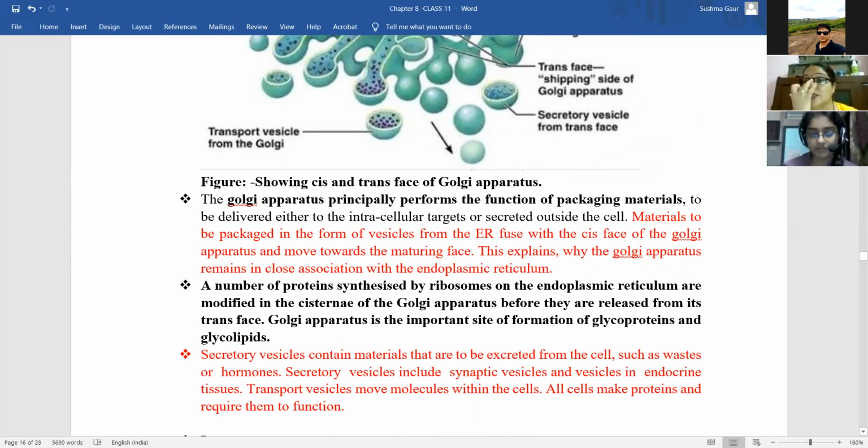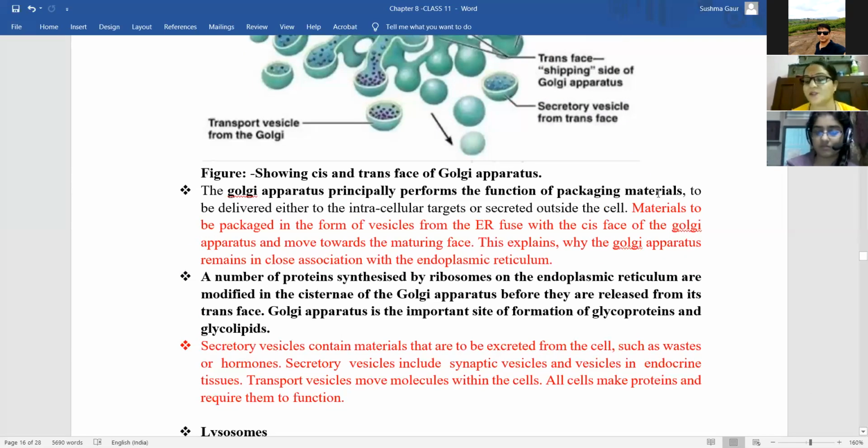Okay, ma'am. Secretion, like transportation, is done by the endoplasmic reticulum, and the secretion of the proteins or anything that is required at any place of the body or cell is done by this Golgi only. Okay, ma'am. Because here it is written that its main function is packaging materials, so materials may involve other things as well. Okay, ma'am.